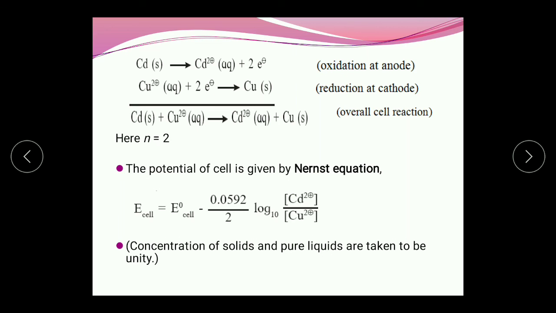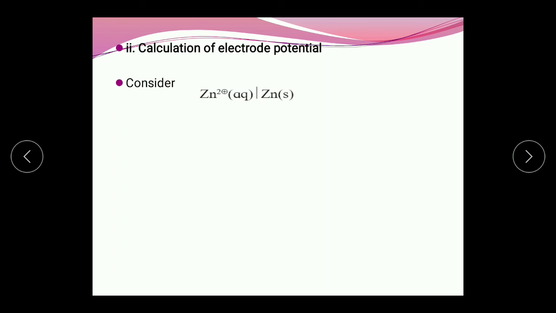Now, if you want to calculate a single electrode potential, that means either reduction or oxidation, we are going to use the same equation. Where will the difference be? In the concentrations of the products and the reactants, and we have to represent that like this. We will take one example again. So let us consider calculation of single electrode potential. Suppose we have taken Zn+2/Zn. This is as it is Zn+2/Zn, that means it is the cathode.